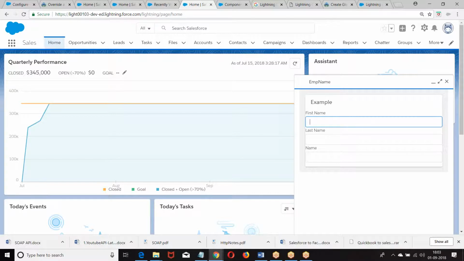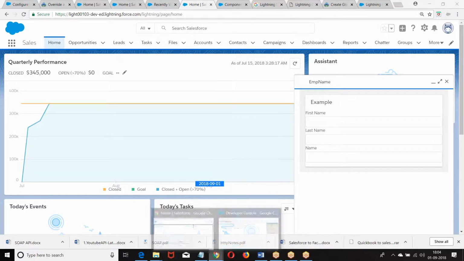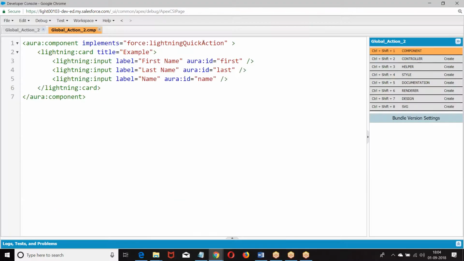Okay. Now if you look at this, we have a header with the title. Now we also have lightning quick action without header. We had one more component, lightning quick action without header.